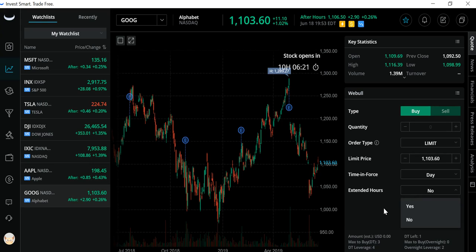Specify your extended hours. If you guys do a little extended hours trading, I personally do extended hours trading. Actually, I leverage that quite often. I like it a lot. Another cool feature, if you take a look down here, it shows you